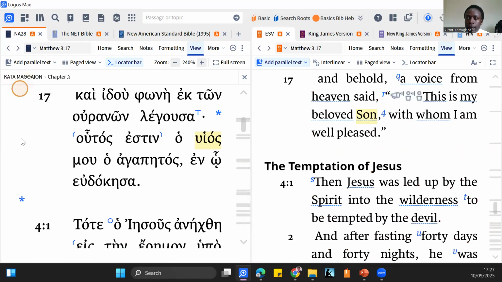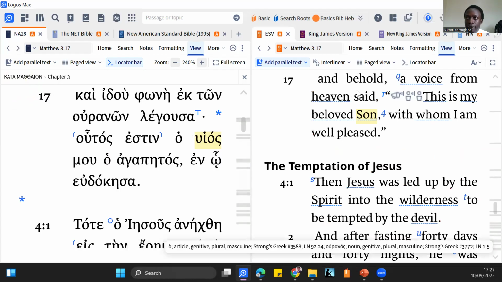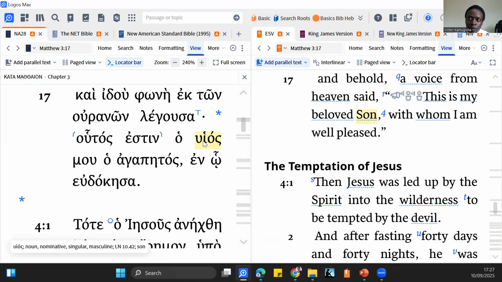The next verse is Matthew chapter 3, verse 17. And behold, a voice from heaven said, this is my beloved Son, with whom I am well pleased. So I'm looking at the word for son, highlighted yellow on the right. Okay, so that is epsilon and the iota that forms a diphthong, just like in the word suit. So this becomes eos. Okay, that's the word for son. So I pronounce them as a single